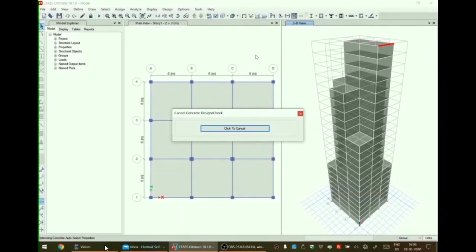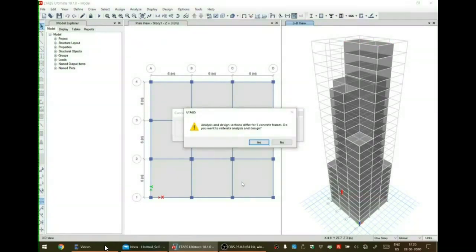Now, after the first round of design, ETABS software has given a message that 5 concrete frames need a second round of iteration as per the auto selection of properties. The next level will be selected for these concrete frames. So we have to click yes now.